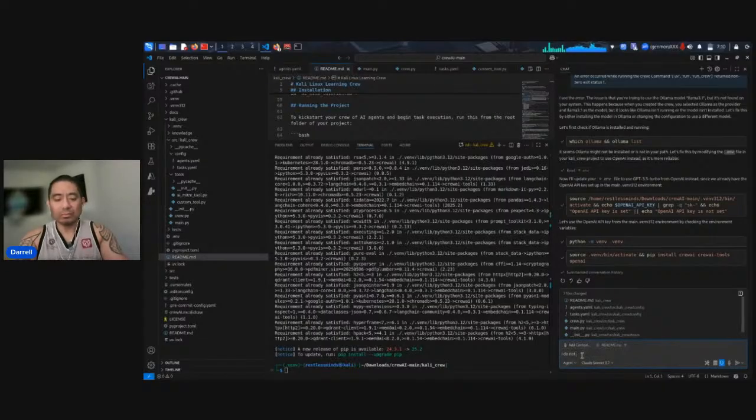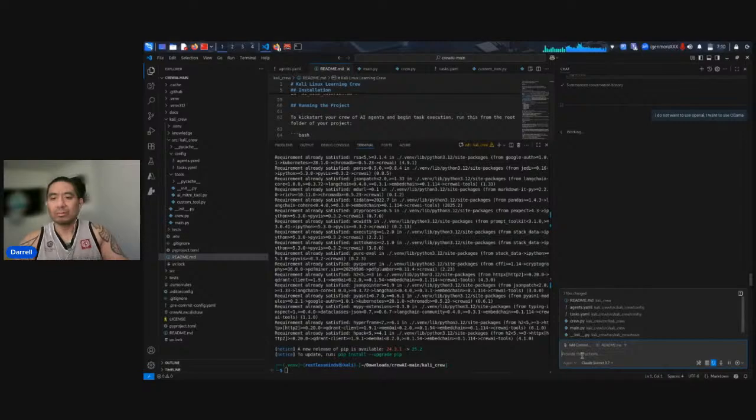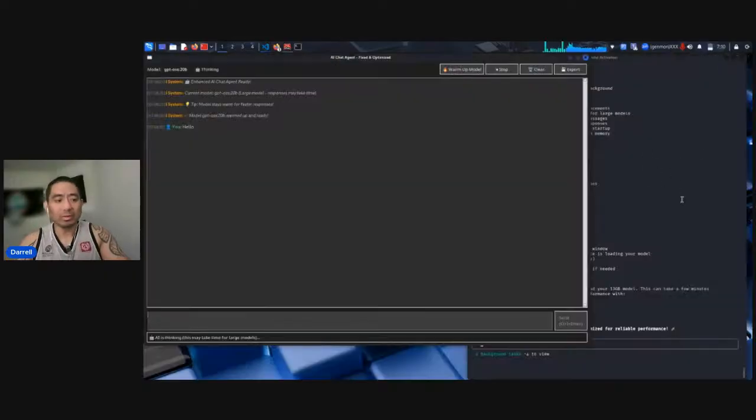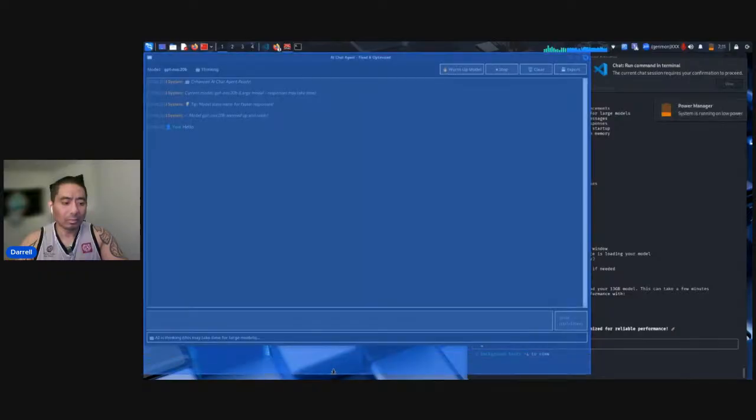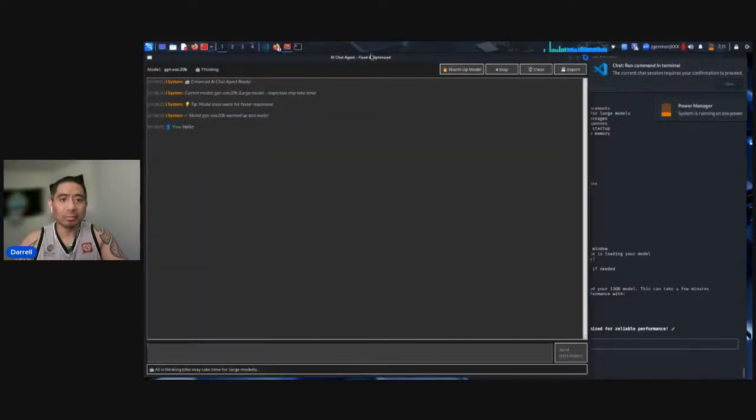I do not want to use OpenAI. I want to use Ollama. So let it redirect itself and correct itself to use Ollama. Then we'll go back in here. So it's still thinking. As far as the AI agent chat interface, expand on the GUI. Okay.